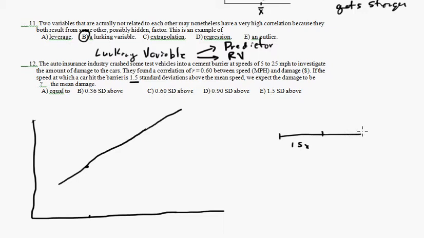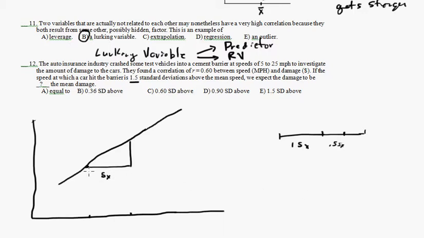So let me approximate. So half would be about there, 0.5 sx. So let's see if I can do that. So about right here would be 1. So if we go over 1